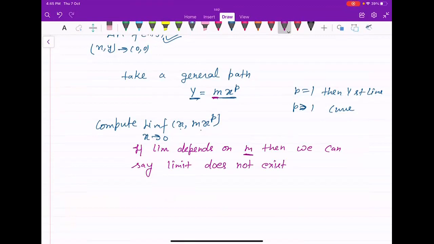But if it does not depend on m, so just note down this point. If the limit does not depend on m,